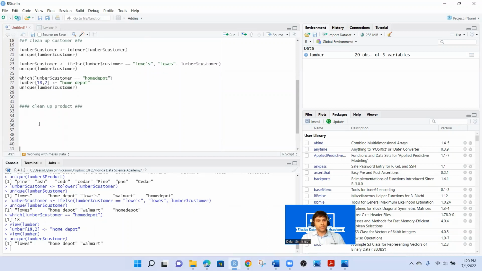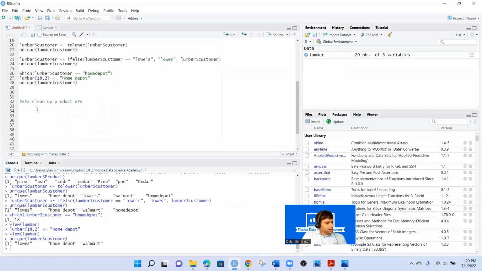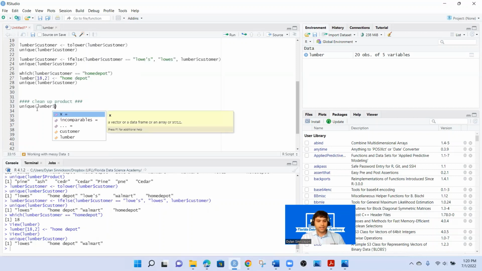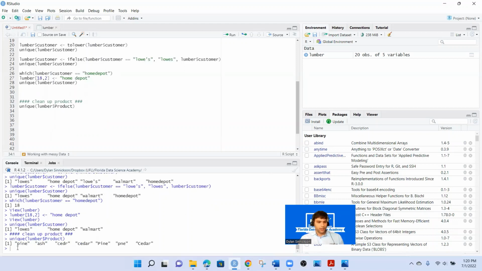And I'll have a couple different spaces here. And if I want to clean up product, first of all, I think we should probably look at this column. So if I want to call the unique values in lumber product, I'm going to use this syntax, unique lumber product. And then when I run line 33, looks like we have 1, 2, 3, 4, 5, 6, 7 unique